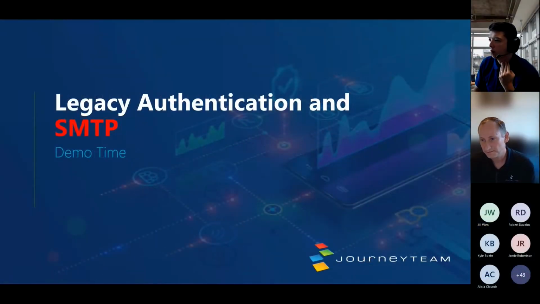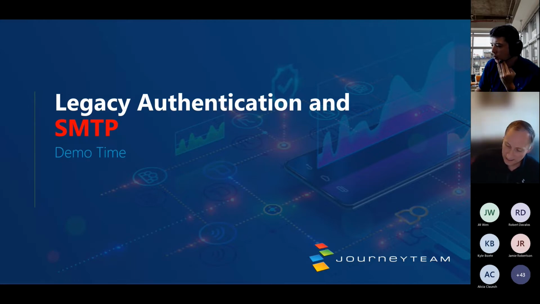Everyone has been talking about, and Microsoft's been saying it for years, that we are deprecating legacy protocols. When we say legacy protocols, this is POP, IMAP, SMTP, ActiveSync, et cetera. These all apply to typically Exchange Online. And Microsoft, as of October 1st, started hitting the hammer to shut these things down and disable them